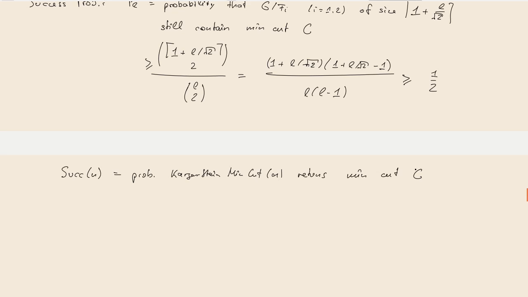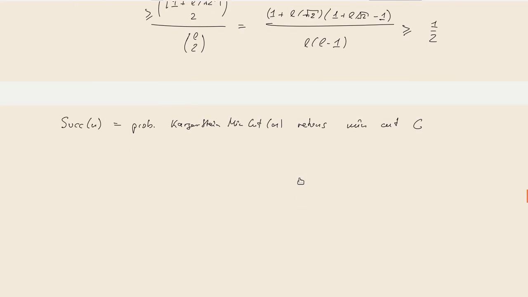So in particular, I'm always referring to this one specific cut that we have in mind, actually. Then what we find is that our PL times the success probability for the smaller graph, for the recursive call,